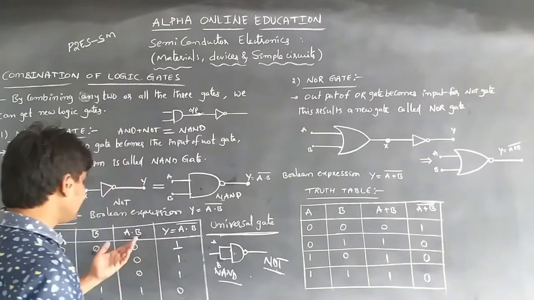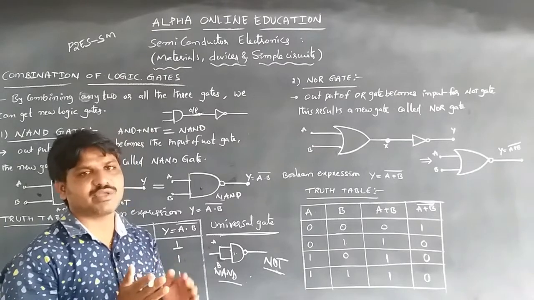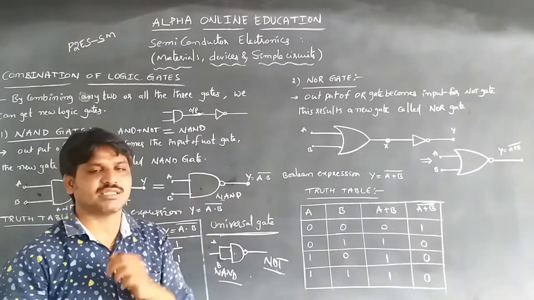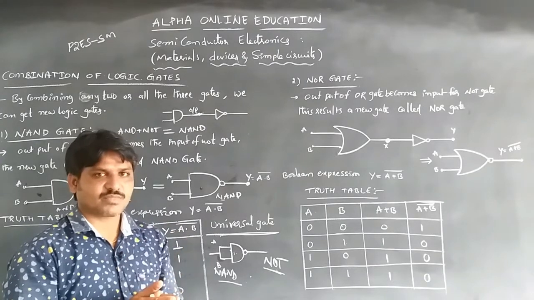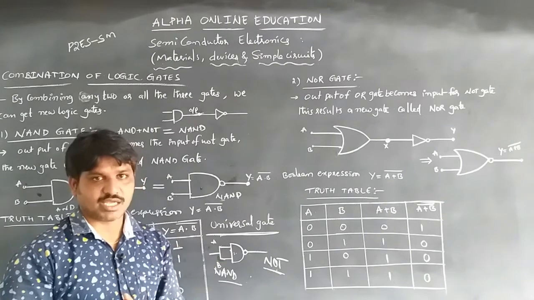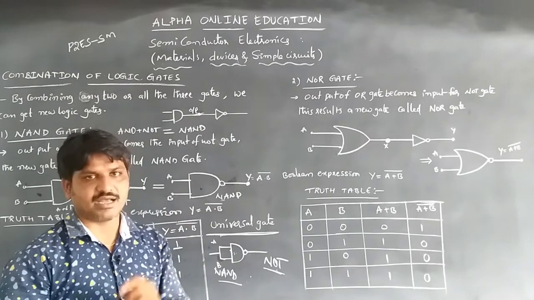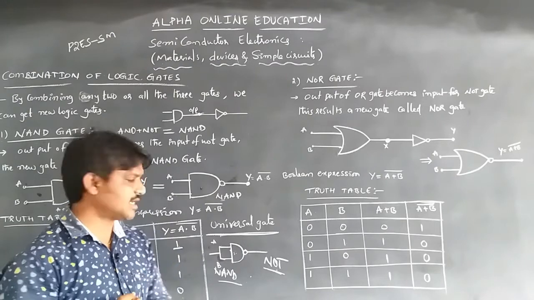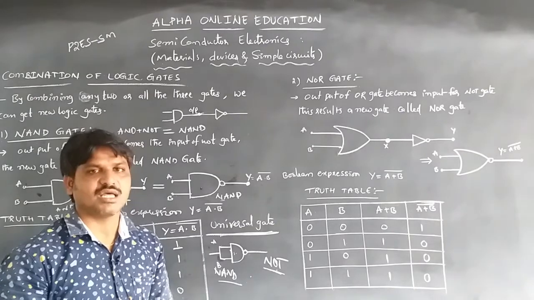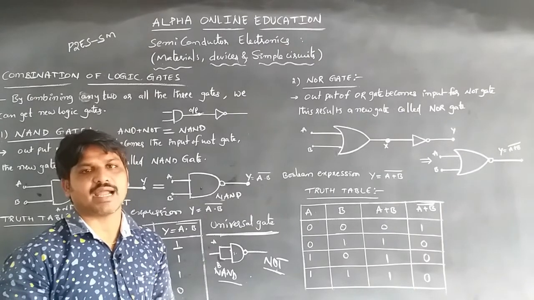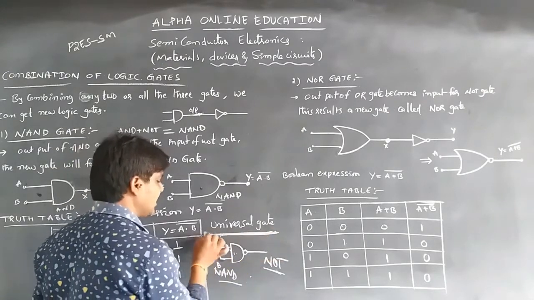Once again, only when the two inputs of the NAND gate are high is the output low. In all other cases, we get a high value. Means whenever either of the inputs is low, the output becomes high in the NAND gate. And the NAND gate is called a universal gate because by using it we can construct the other general OR and NOT gates. So that's why the NAND gate is called a universal gate.